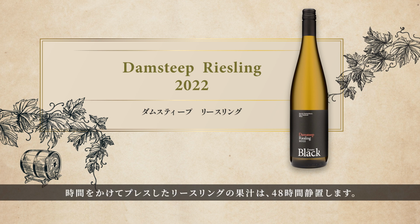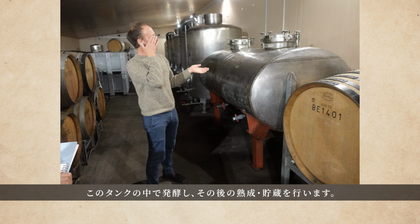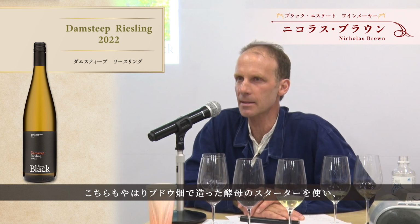The hand harvested grapes are slowly pressed, and the juice is allowed to settle for 48 hours. In 2022, we fermented the Riesling in small stainless steel tanks. These tanks are oval in shape, so you maximize contact with the lees during the fermentation and maturation stage. This wine ferments slowly using vineyard yeasts for up to 9 months, and then maturation also on the lees for